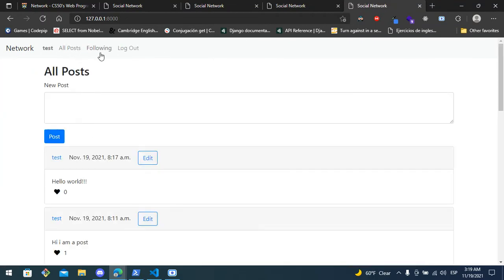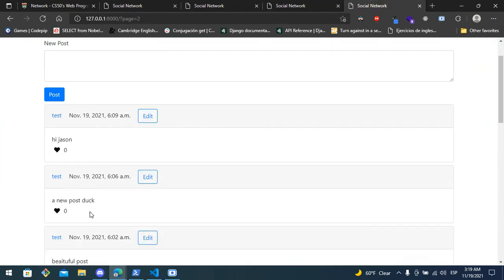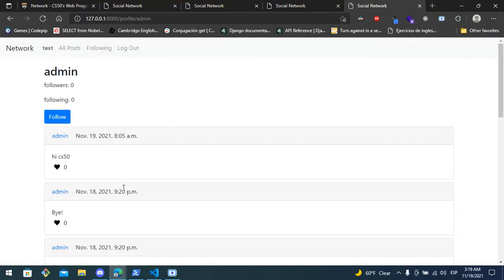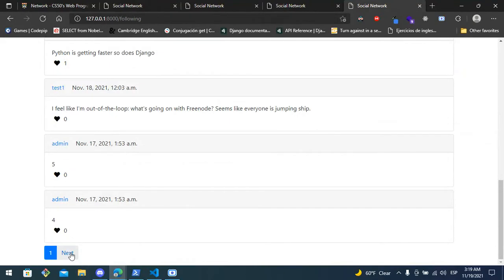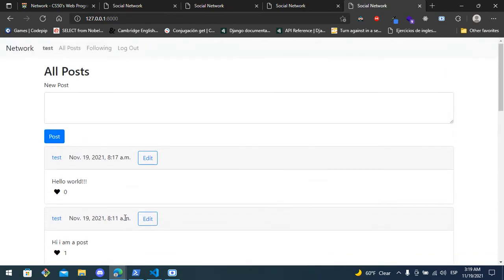The following page also works with pagination. So as you can see, the pagination is here, and that's the pagination. So now I'm going to show you how to edit a post.